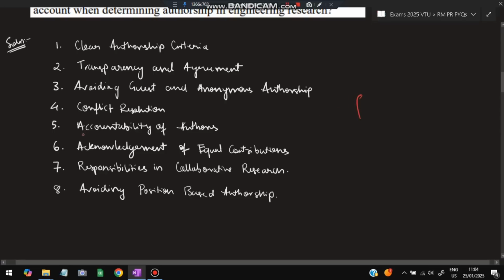Okay, next is accountability of the authors, meaning what the author has put in and how much. If the author is the main person, then that author should be responsible for ensuring the data accuracy. Whatever data is included should be accurate. And the integrity of the research means the whole research should be based on correct findings and the same domain. There should not be loose information here and accurate information there. It should be integrated. Okay, integrity should be maintained.